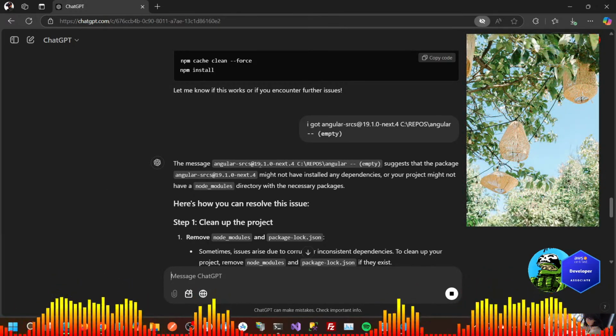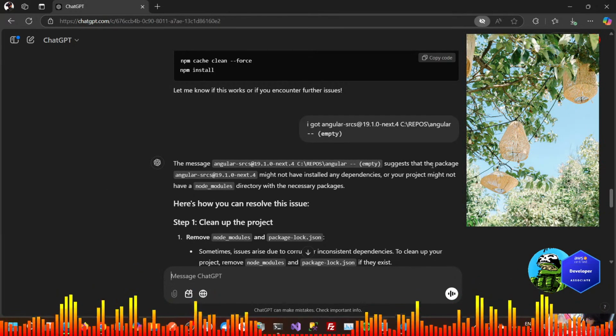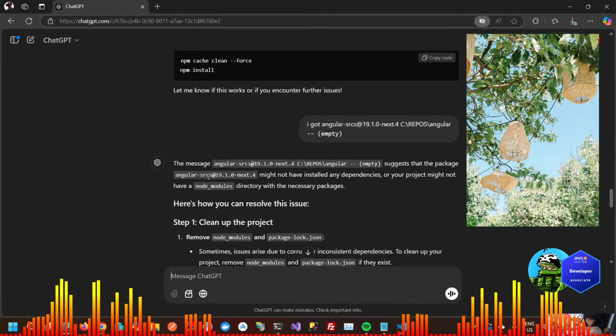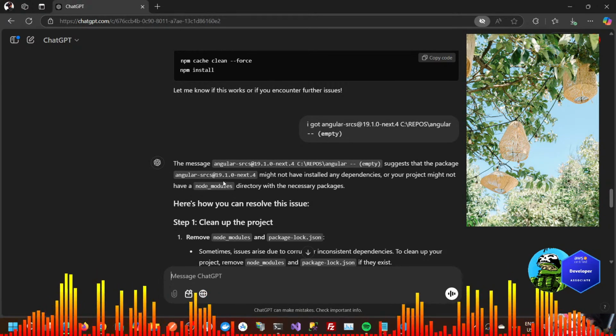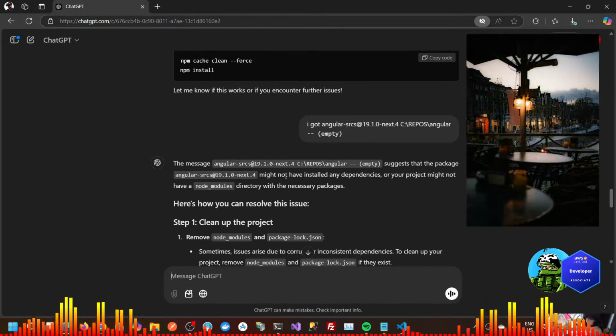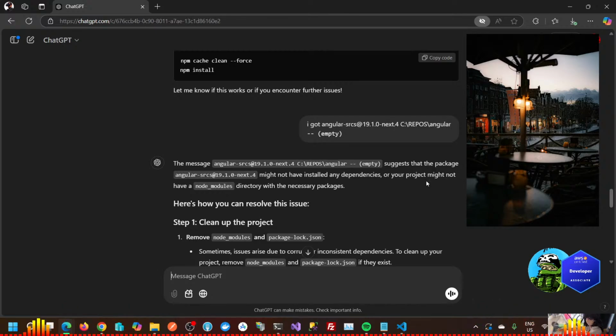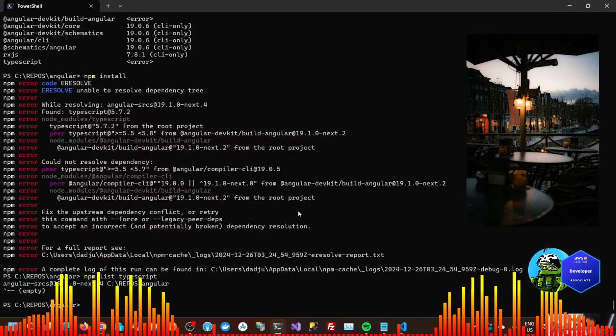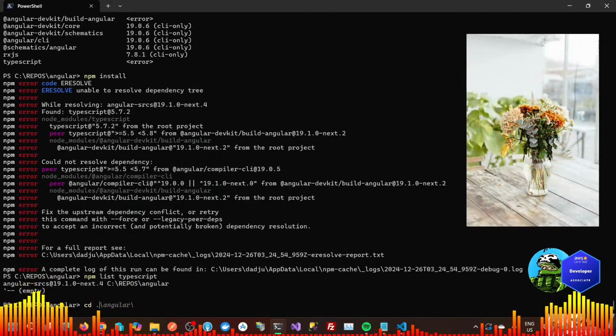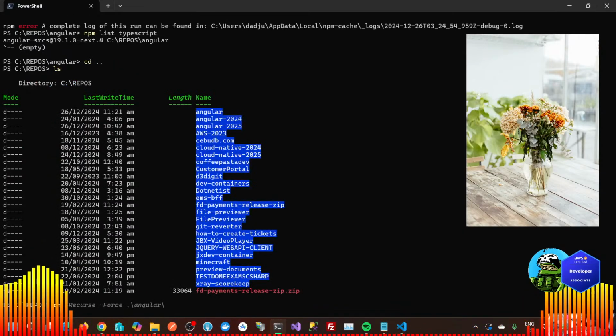The message suggests that the package Angular RCS 19 next 4 might not have installed any dependencies in your project. Okay, so what we need to do? Okay, let's try this.